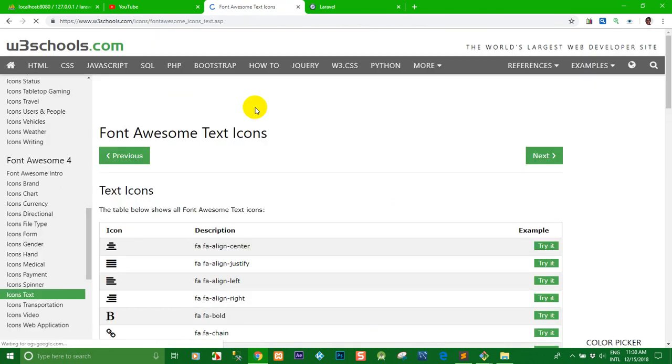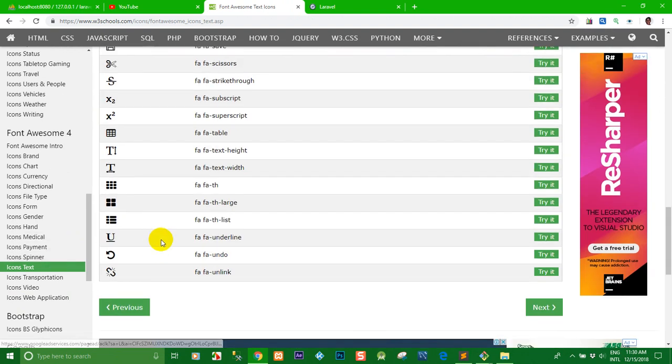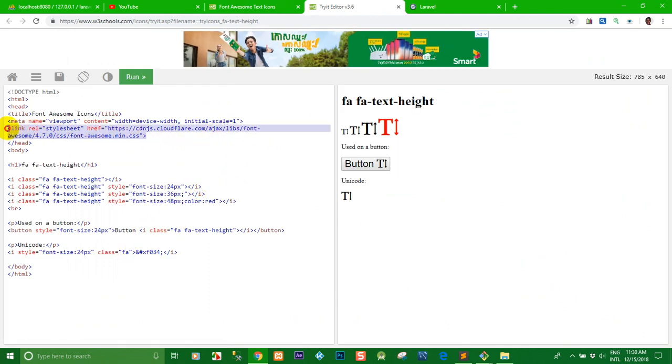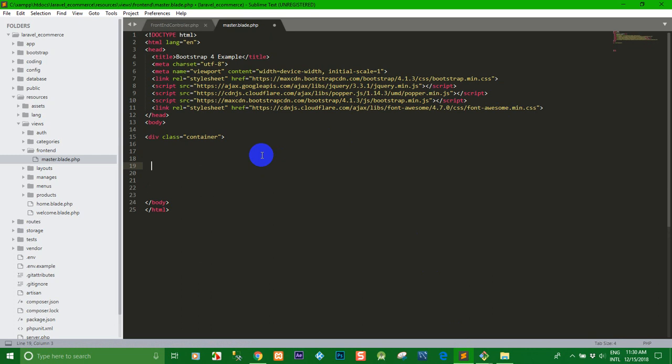I click to the website and want to copy the code. So I copy the link here and paste the code. Okay, so when we create already like this, right now we want to include